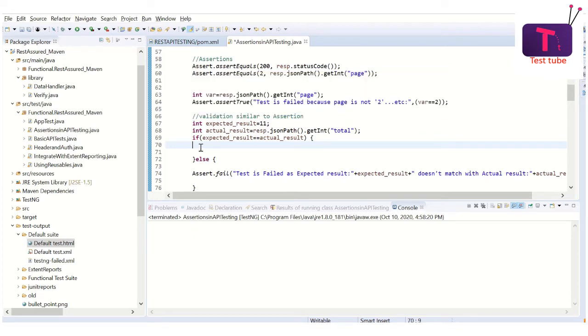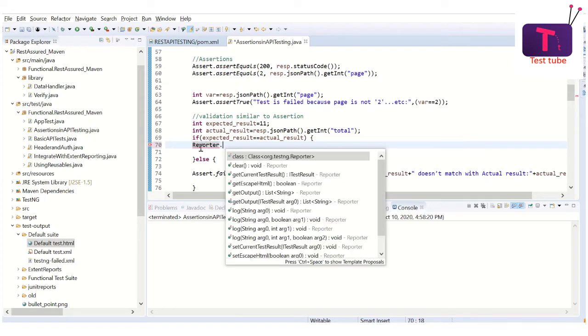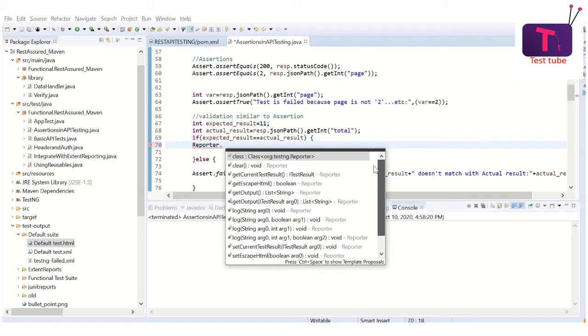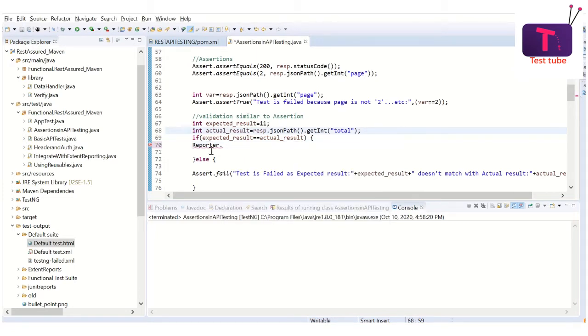How do I do it is by using this class Reporter. The Reporter class has access to various methods, and by taking the help of all these methods I'm going to achieve what I'm not able to achieve using assertions.